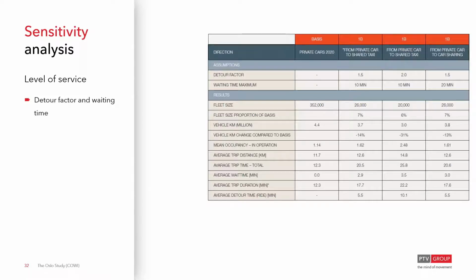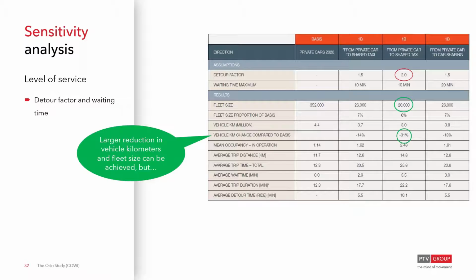So we did some sensitivity analysis as well, and we started to turn up some of the dials a little bit to see what impact we could have. This is what I was talking about with the coastal erosion. You want to understand which parameters do something for you and which are benign and don't do anything at all. We looked at two factors: the detour factor and the waiting time. So let's take the detour factor first. In this middle column, we've turned the detour factor up to 2. This would mean that a customer would accept a ride time twice as long as the shortest possible time. This is a variable from 1.5 that we had in the core test.